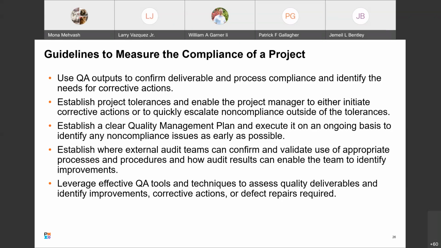Establish a clear quality management plan and execute it on an ongoing basis. Establish where external audit teams can confirm and validate use of appropriate processes and procedures, and how audit results can enable the team to identify improvements. Leverage effective QA tools and techniques to assess quality deliverables and identify improvements, corrective actions, or defect repairs required.